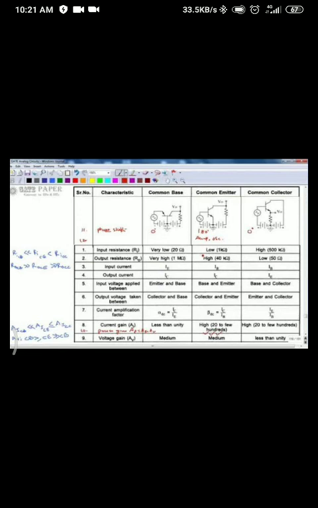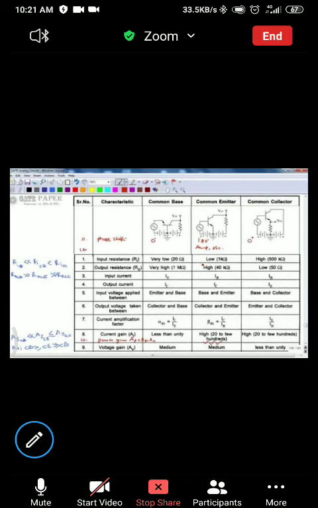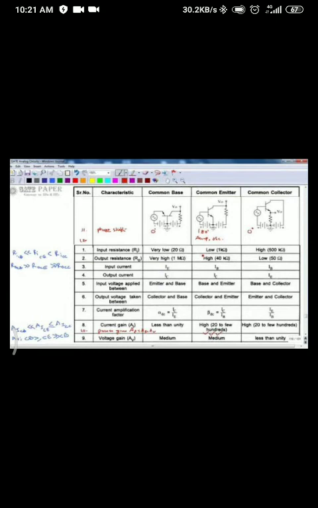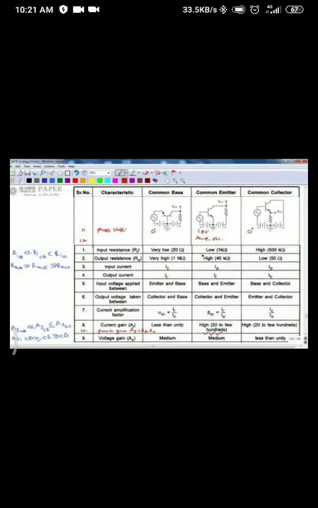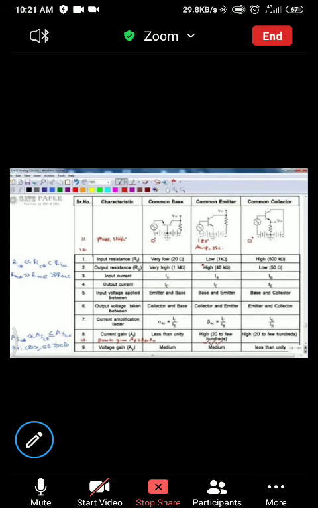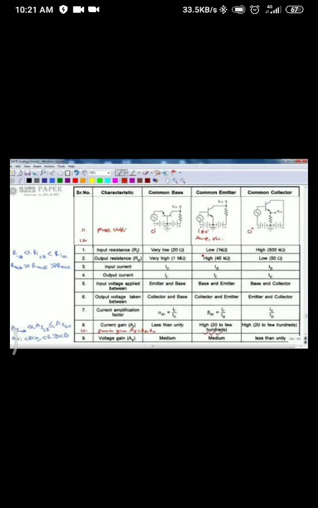I already shared with you the notes regarding all these topics, as well as the relation between alpha and beta. The relation between alpha and beta is a very important point from the exam perspective, because there is a derivation related to alpha and beta. So I already shared it in the notes segment, and I also uploaded it on my personal website blog. Again, all the notes that I've shared will be uploaded to your MVP ESDS software also.